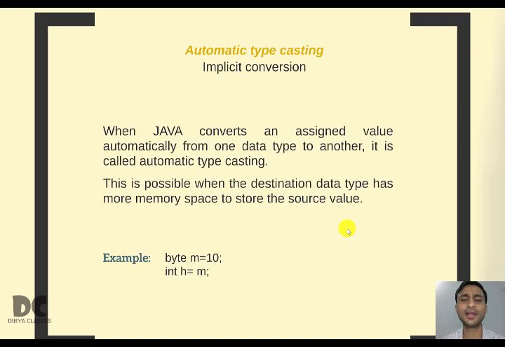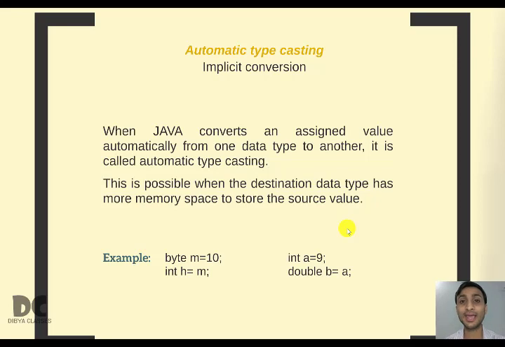Few more examples. We have 10 in the variable m, a byte type. You want to go to int h from smaller to bigger, from 1 byte to 4 bytes. So you can write directly int h equal to m. Similarly, here int a equal to 9 and you want to store it in a variable b of double type.